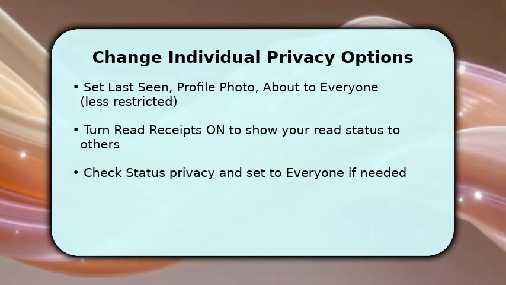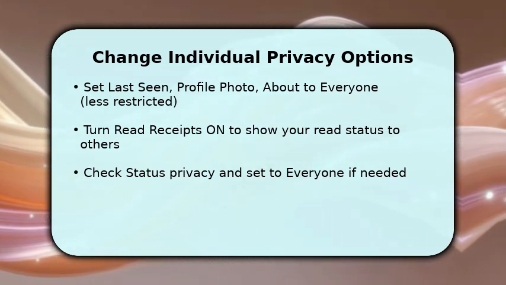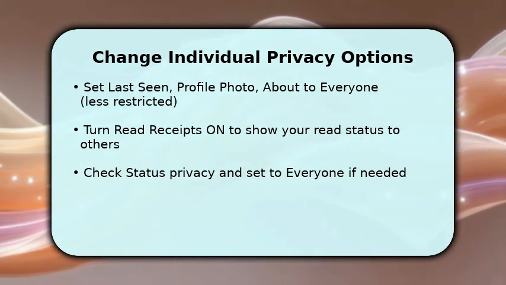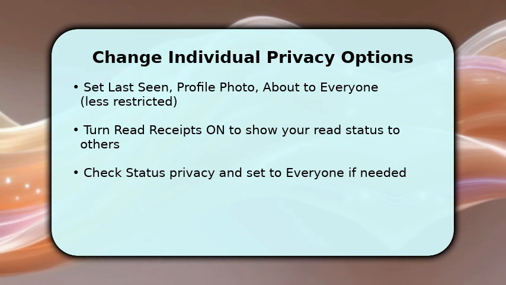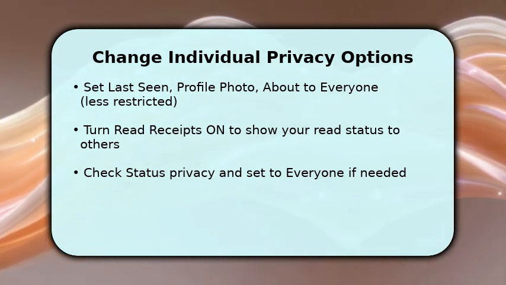Then toggle read receipts on. Remember this shows others when you read messages. For status, go into Status Privacy and choose Everyone if you want public visibility. Make each change deliberately. WhatsApp will warn when some settings impact others, so read prompts and confirm to apply the